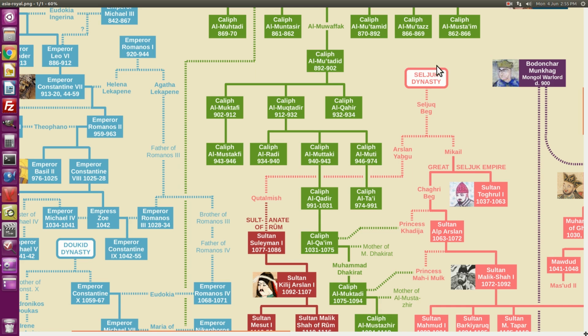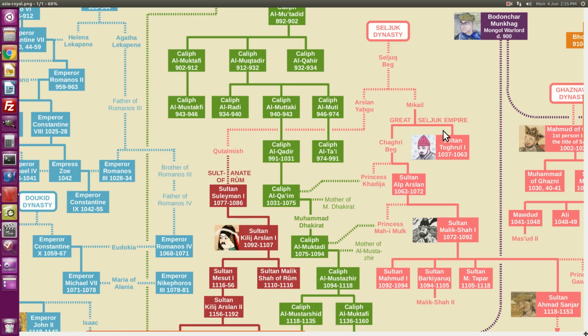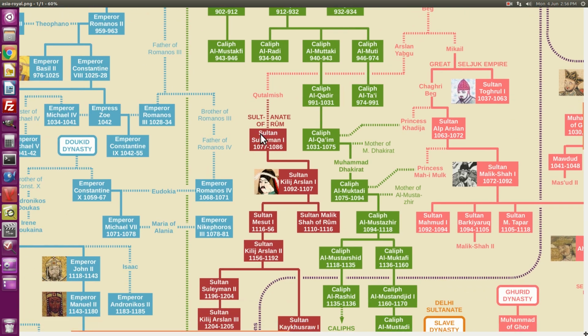And eventually one particular group, the Seljuks, came to power and built their own empire. Now, during that time, the caliphs were still kind of figurehead rulers, ruling out of Baghdad. But it was these Seljuk rulers who became known as sultans, who really were in charge. Now, early on, there was a group that split off from the main Seljuk group. The Great Seljuk Empire was based out of Persia, but some relatives here started their own sultanate over in what